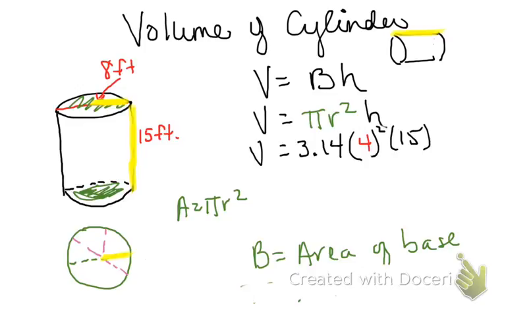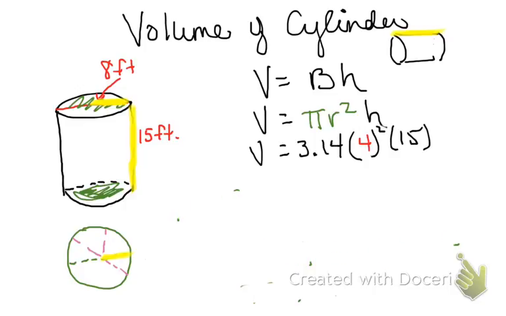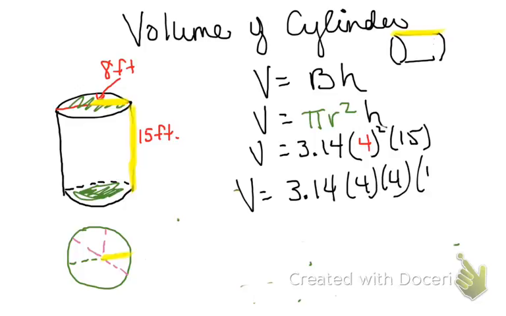Now we're going to finish this up. I'm going to clean up my space a little bit. Remember, big B is the area of the base. Alright, and really you can just put this in a graphing calculator or calculator that you use. 4 squared means 4 times 4. See how I wrote that? And then it's 15. Now, we can put this in a graphing calculator, and so when I do this, I'm going to put 3.14 times 4 times 4 times 15, and I'm going to get